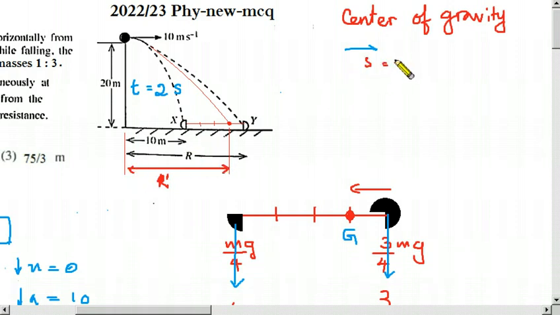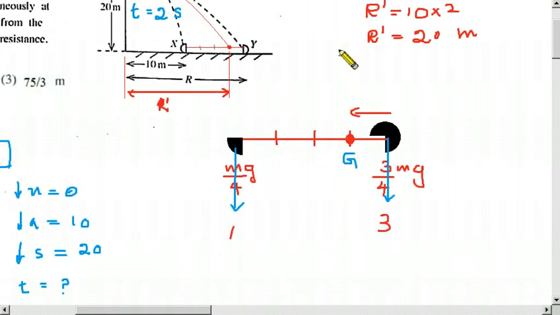So S equals ut. S is r dash, U is 10, so now you can use this directly: 10 times 2 is 20, time is 2. 20 meter. Now you have to use your common knowledge. I am going to use this bigger diagram, because then you can see easily. So this distance from the bottom of the building